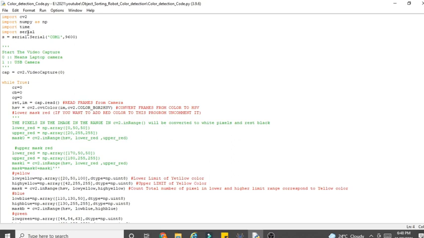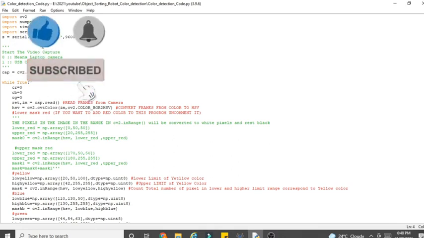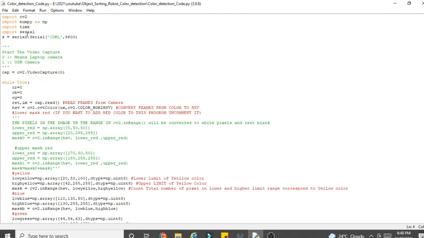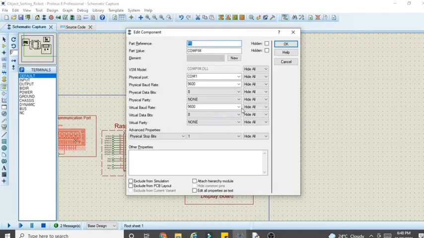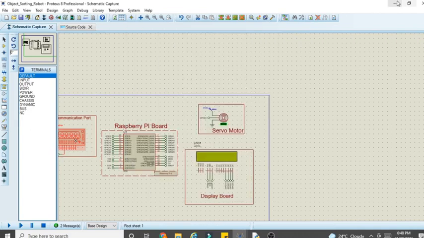Now import serial. Basically, whatever color is detected by this color detection code is sent to the Proteus software. To send the data from one program to another program, we will use the serial library, so we import the serial library here. Now the next part is serial.Serial with the COM port and 9600. You can see we will use virtual COM port 1. How to create that virtual COM port 1 we will see later. So first we declare COM port 1 with baud rate 9600, the same as in the hardware part, where we have declared a 9600 baud rate. So this is the reason behind this.